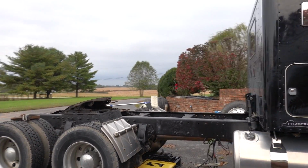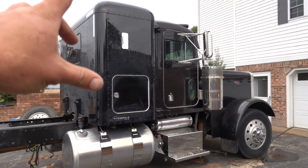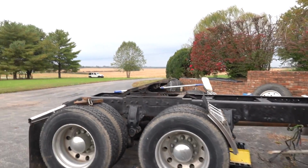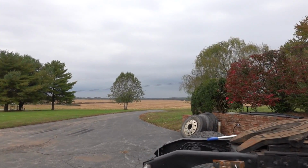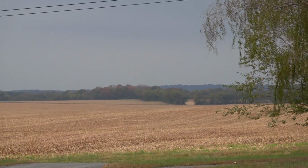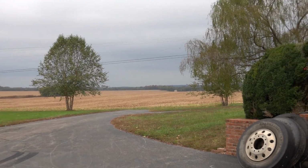Welcome back. Today is the day that we were going to put the stacks on the Peterbilt. Woke up and it looks like the weather has changed. If you can see across that field over there, it looks like it's already downpouring, so that means it is going to be here probably in about 5 or 10 minutes. So instead of getting one thing done and having it pour on us, we're actually going to go inside the